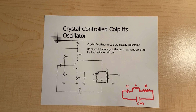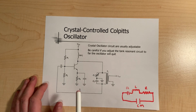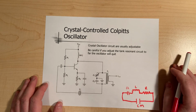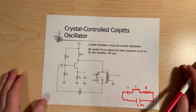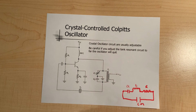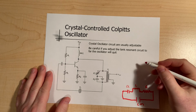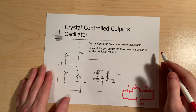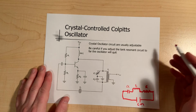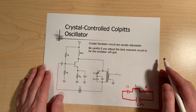Okay, so right now we're going to talk about the crystal, and adding the crystal to our Colpitts oscillator, what essentially it does and how it makes it more stable. Having gone through the notes, you should know that the crystal at certain frequencies will act as a series resonant circuit, and at another frequency, it'll act as a parallel resonant